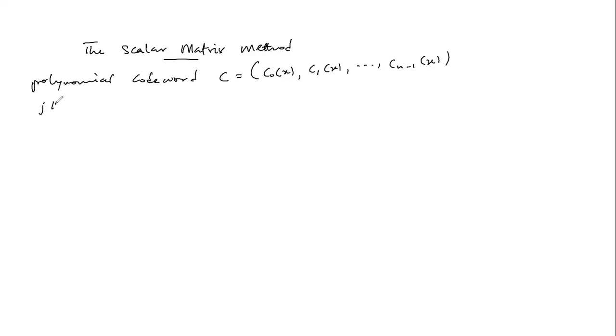And if the jth polynomial C sub j of x is the same as Cj0 plus Cj1 of x plus all the way. Then the scalar representation